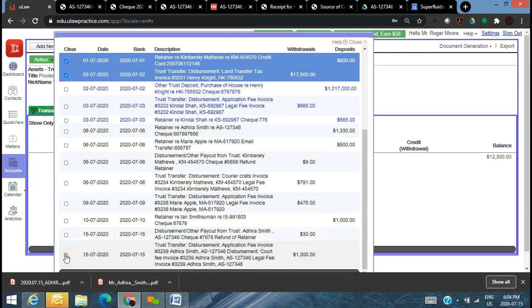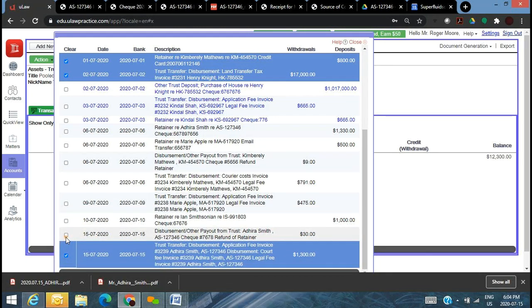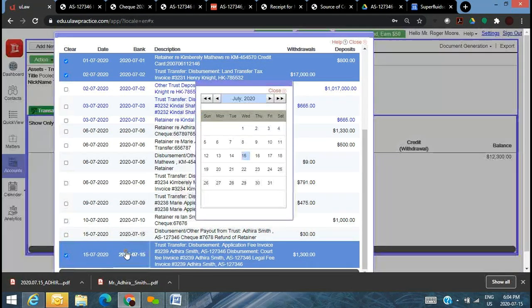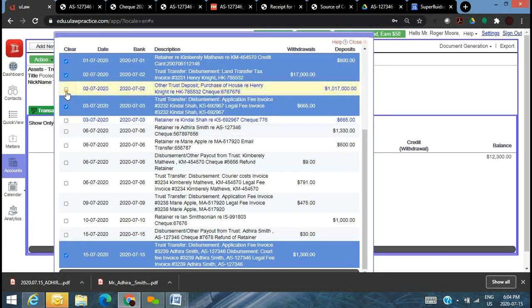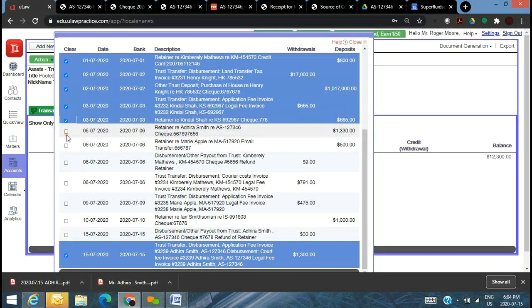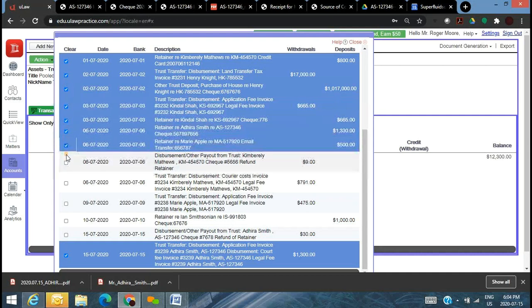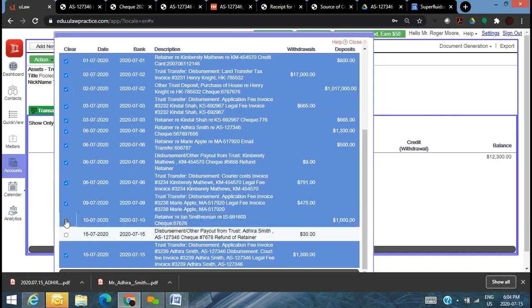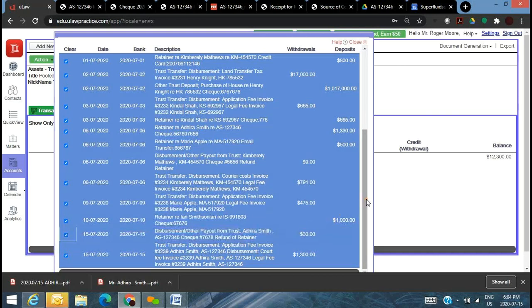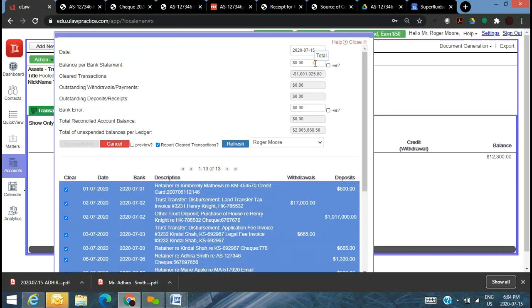So what you do is you check those two items. Maybe the bank would say a different date. You can change that, right? And just go one after the other. If you've got 20 transactions that month, you can go weekly basis. You can go 5 transactions per week. The month is not over yet. We've got a few more weeks, but at this particular stage, you can basically tell us